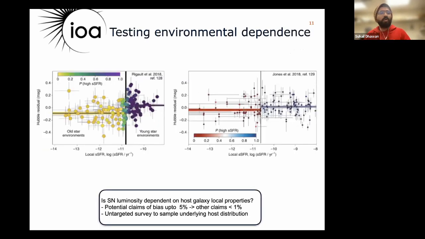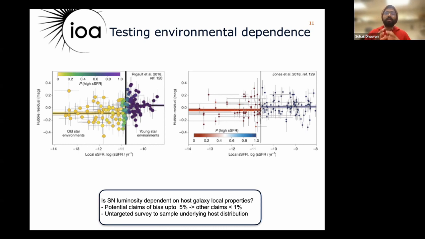So there is an ongoing debate in the literature about whether or not the Hubble residuals, and therefore whether or not the type 1a supernova luminosity, depends on host galaxy properties. Now, it has been known for quite some time, more than a decade, that there is an observed mass step in the type 1a supernova Hubble residuals. So the ones after correction in the more massive host galaxies are of order a tenth of a magnitude brighter. Now, there have been more precise studies that have looked at properties beyond just the stellar mass